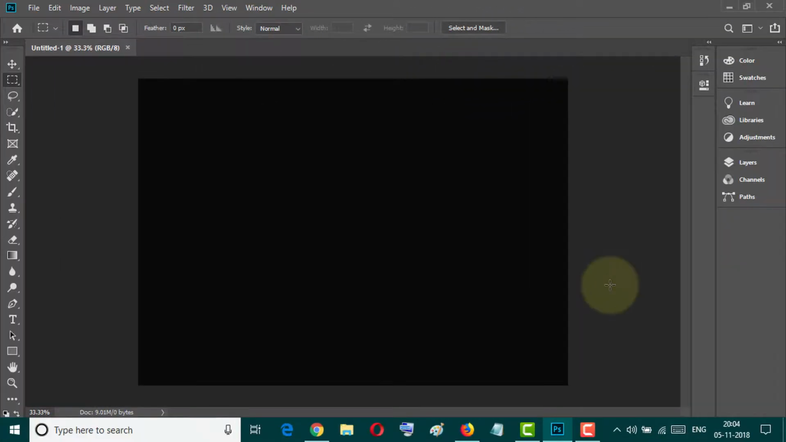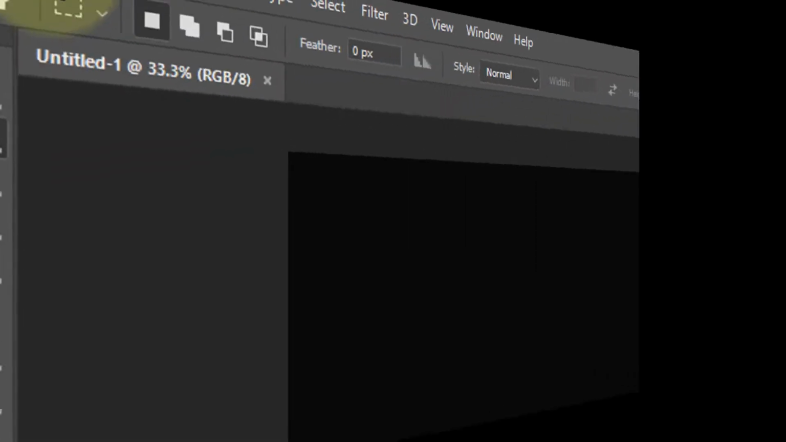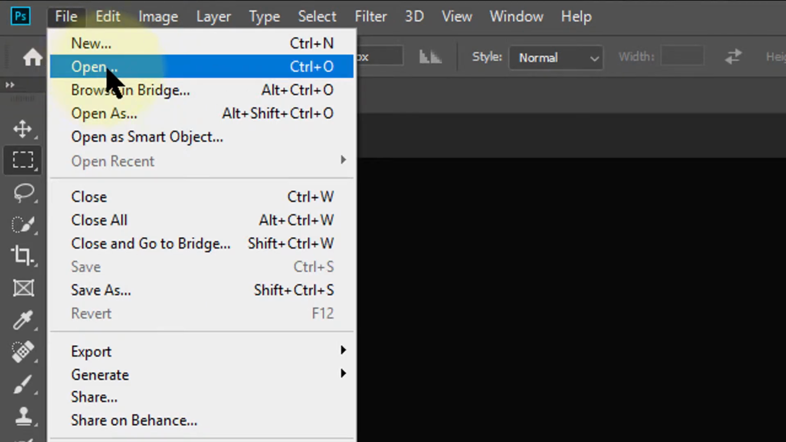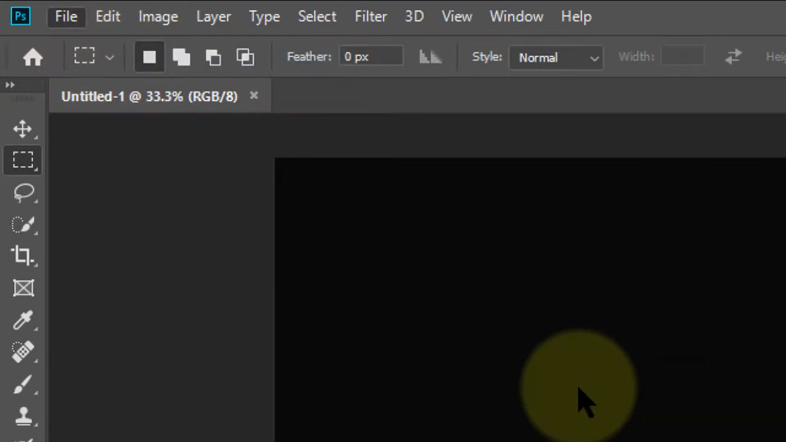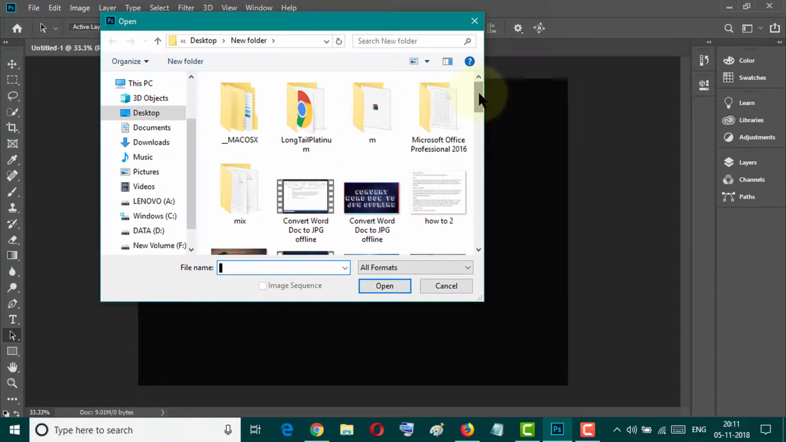In this video, we learn how to improve image quality from low to high resolution. It's a very easy and simple method. First of all, go to File and open your image, and now select the image,